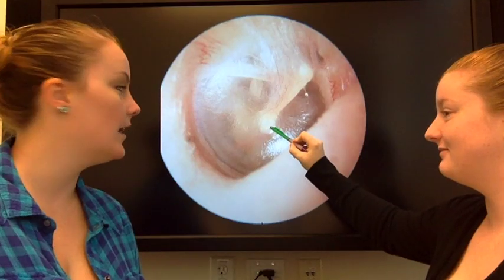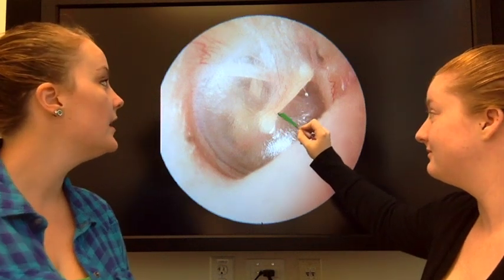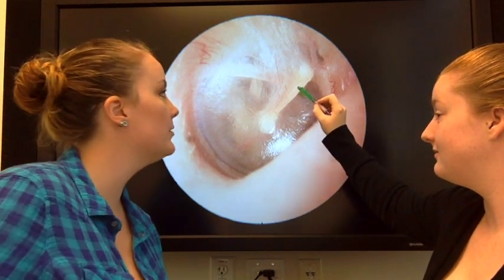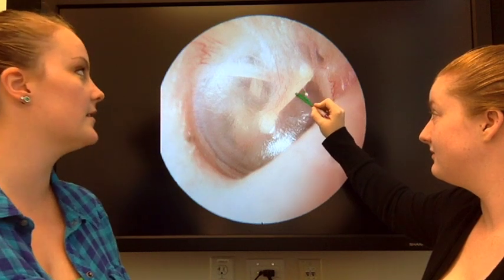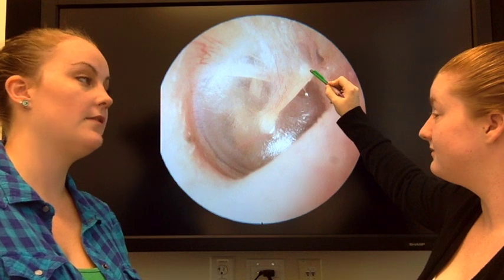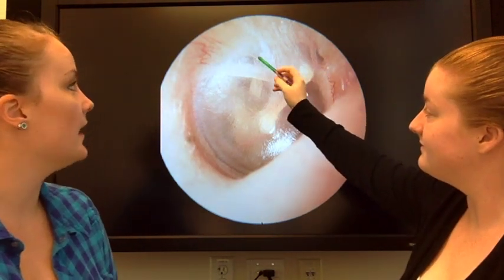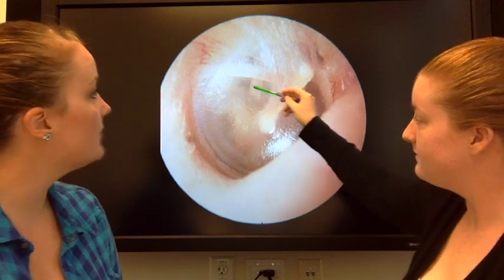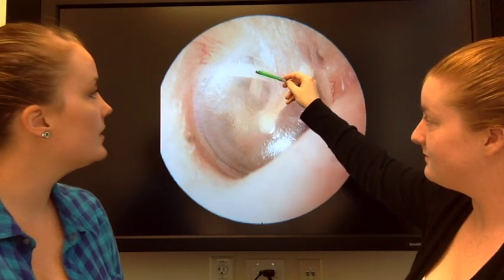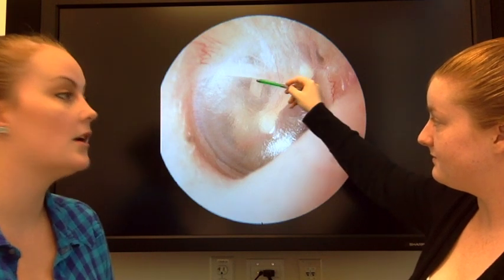This is the umbo, which is the most concave portion of the tympanic membrane. It extends up into the manubrium of the malleus. This is the lateral process of the malleus, and then up above it is the pars flaccida. Right below the pars flaccida is the chorda tympani nerve, and then right below that is the long process of